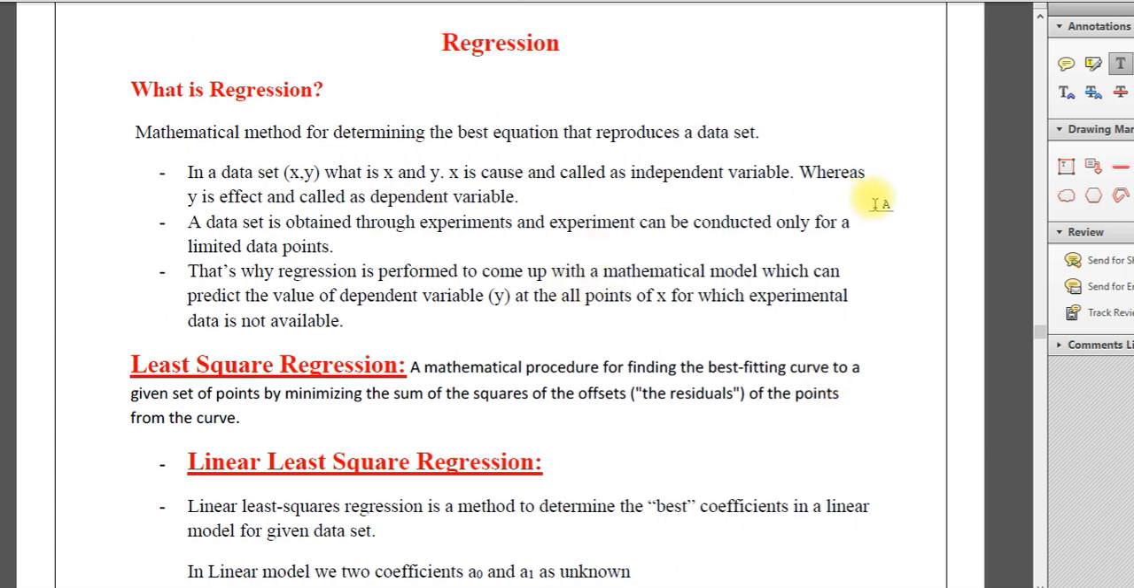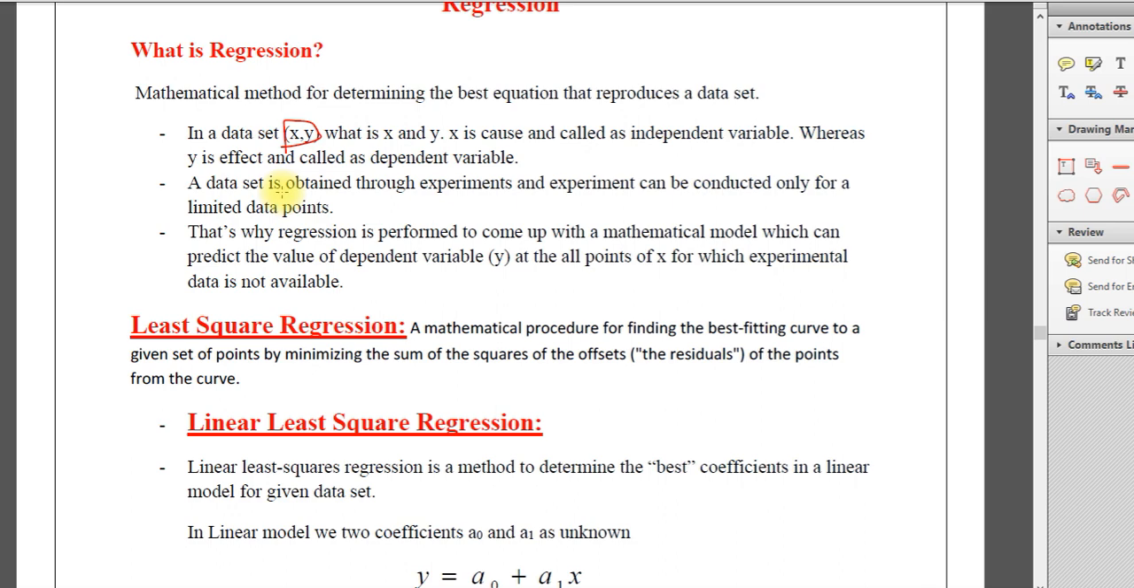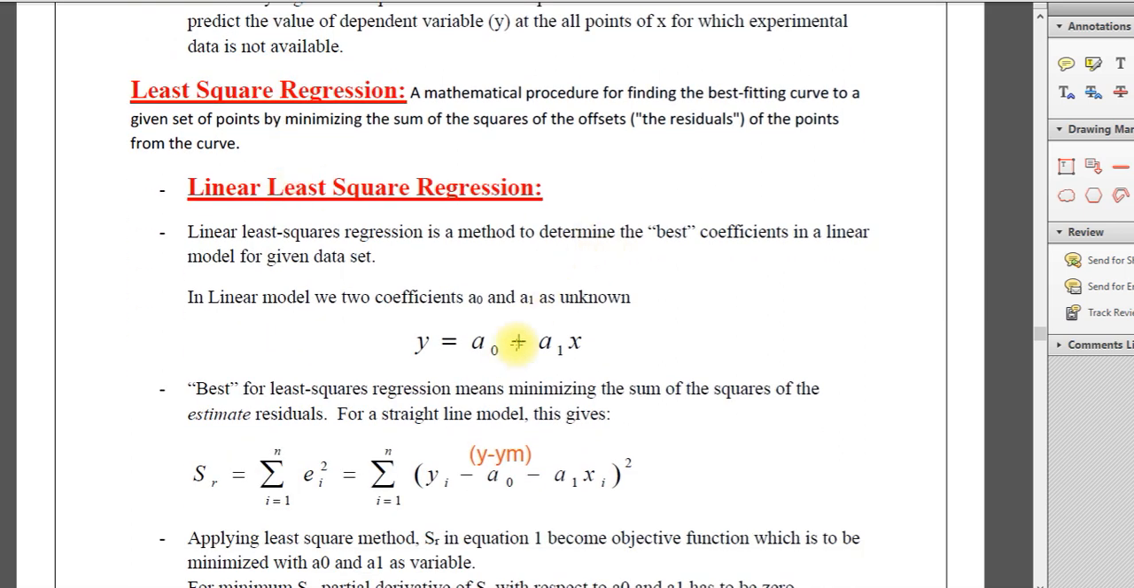So regression: for a given data, x and y data, you are trying to fit a model, and that model is supposed to be linear. So a linear model has two coefficients, a0 the intercept and a1 the slope. So when we are trying to fit a model y equals a0 plus a1x for a given data set x and y, our job is to find the model coefficients a0 and a1, and we will apply the least square